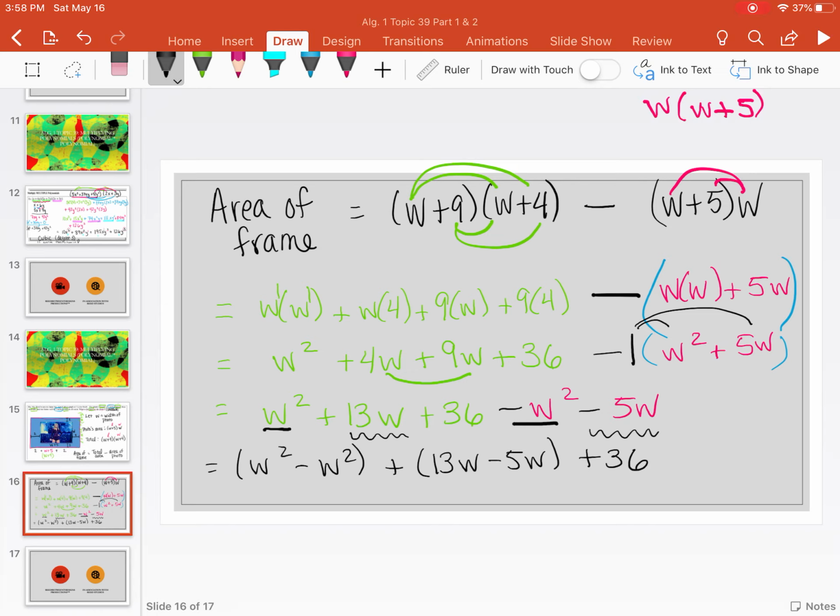Now W squared minus W squared leaves me with just 0. 13W minus 5W gives me 8W plus 36. So this is my final answer. The area, which is the shaded part, of the frame